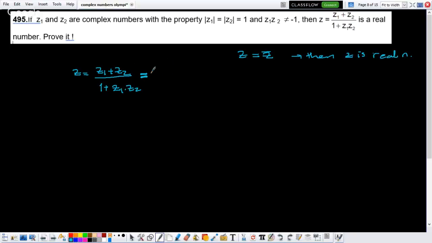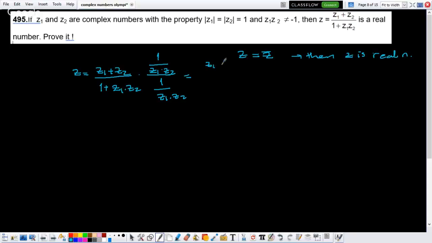Okay, Z1 plus Z2. I'm going to multiply here by 1 over Z1 times Z2. This is the tricky part in the question. As I told you before, I'm going to try to get Z1 conjugate, and to get that one, I'm multiplying numerator and denominator by the same number, which is 1 over Z1 times Z2. If you multiply 1 by 1 here, if you distribute these terms here,